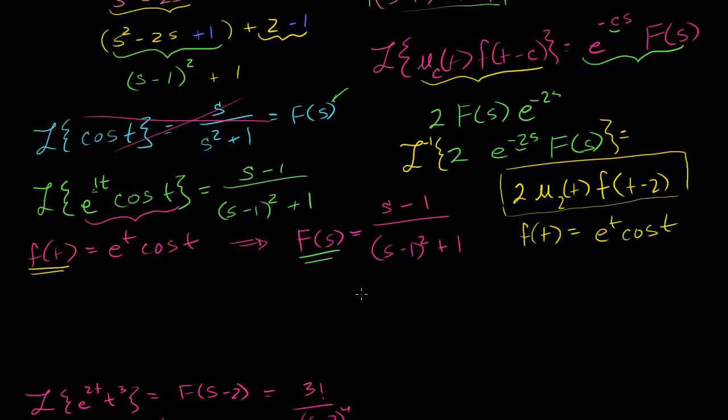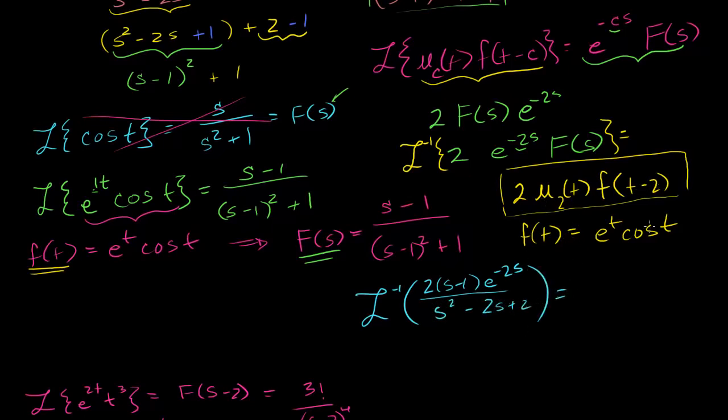We established that the inverse Laplace transform of that big thing that I had written before, 2 times s minus 1 times e to the minus 2s over s squared minus 2s plus 2 is equal to this thing,